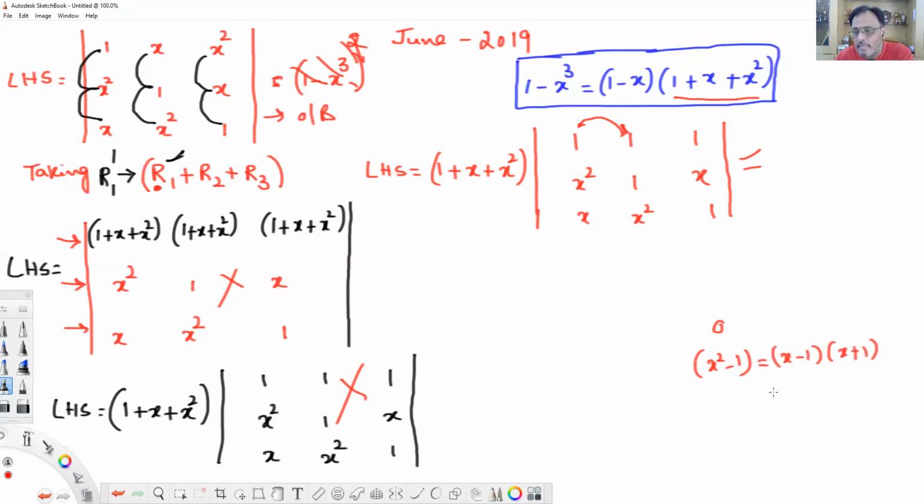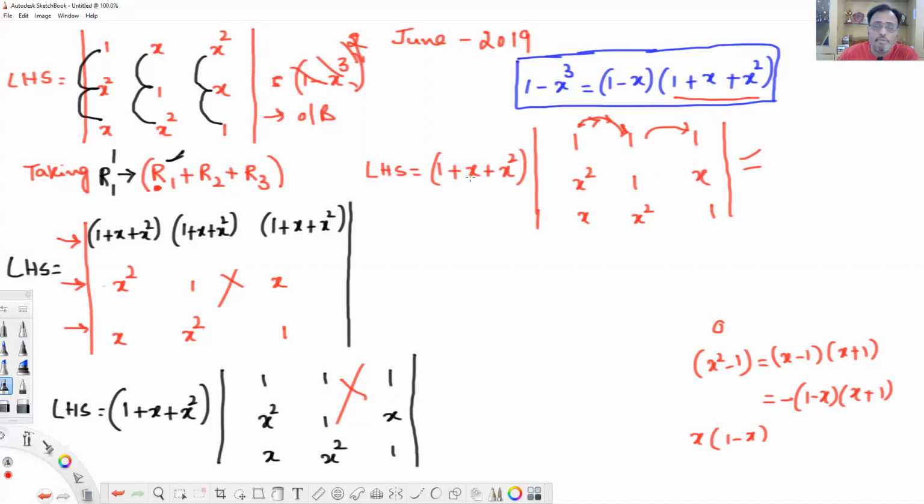And by keeping minus here, we can write 1 minus x and x plus 1. And next here, this is what? And x into x, that is equal to x into 1 minus x. So therefore C1 minus C2 I'll do now. This is the one operation I'm doing, C1. Then C2 minus C3 also I'll do. C2 minus C3 also gives 1 minus x.